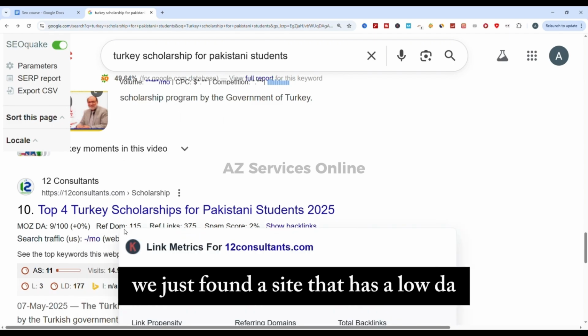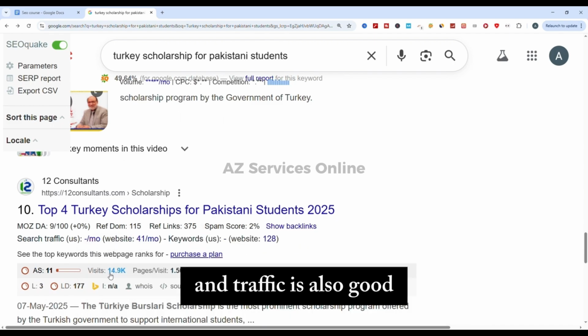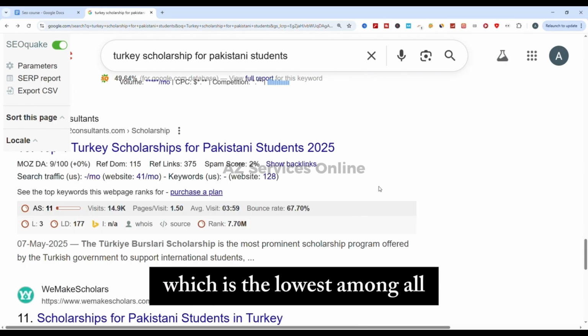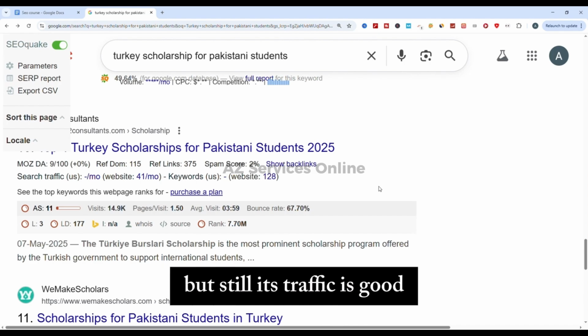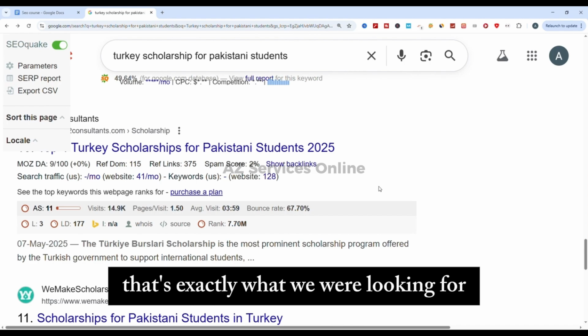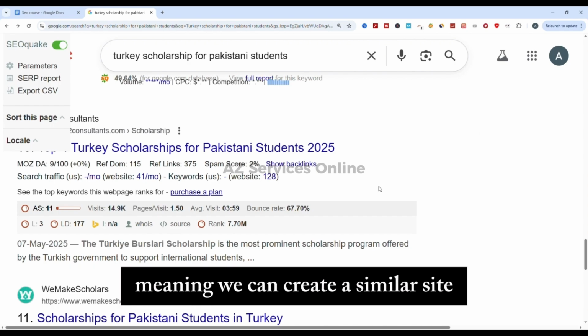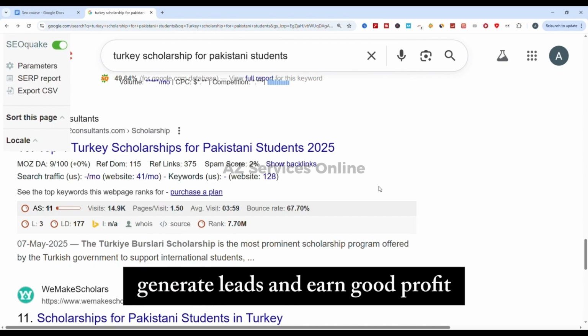We just found a site that has a low DA and traffic is also good. This website has a DA of just 9, which is the lowest among all, but still its traffic is good. That's exactly what we were looking for. Now we have found one website that we can replicate, meaning we can create a similar site to generate leads